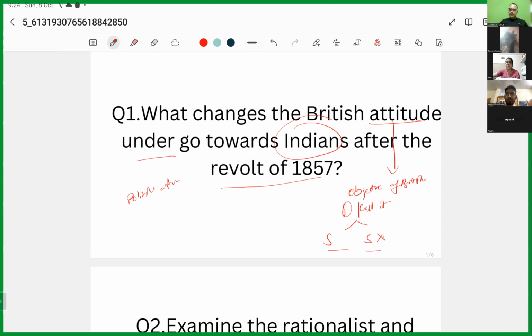Kriti, you have to unmute and speak, otherwise how will the voice come from? Doctrine of lapse. Doctrine of lapse. Good. Okay, subsidiary alliance. Okay, we charge you this much for our force stationing. No, this time you just give them two times food and water. We are okay. I'm just explaining kind of thing, but do not write in this way. It means political attitude. Economic attitude. Okay, these industries supported the rulers, native rulers, cut their profit in some way or other.